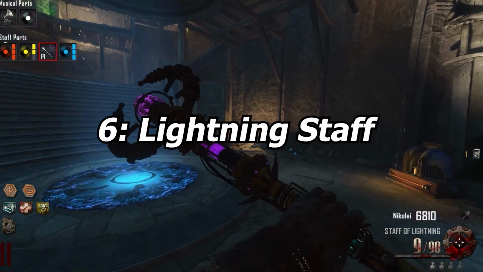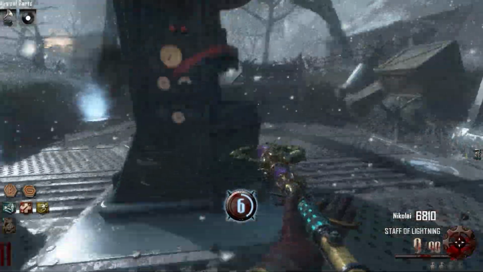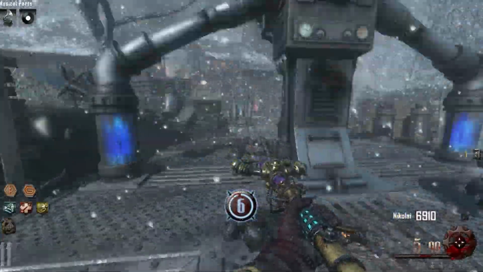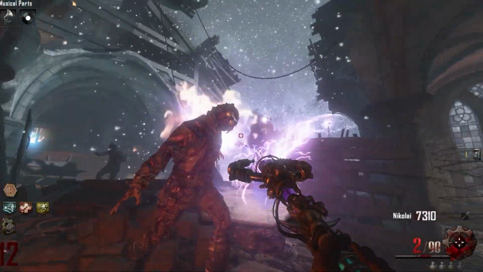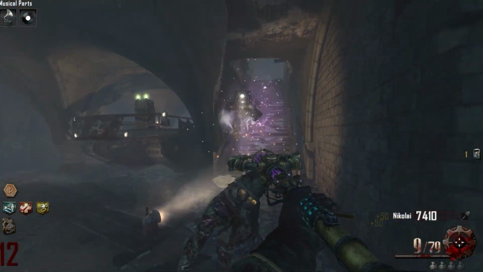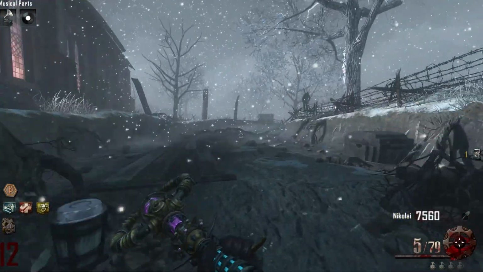Number 6 is going to be the Lightning Staff. I like the Lightning Staff a lot, like the Lightning Bow. A lot of people say when it's not upgraded, it's not good, and I disagree. I think it's better than the Wind Staff and the Ice Staff, not upgraded. Now, I don't know if I just saw one troll guy saying something crazy or what, but I heard rumors and whispers coming through the grapevine saying that the Lightning Staff wasn't that good,